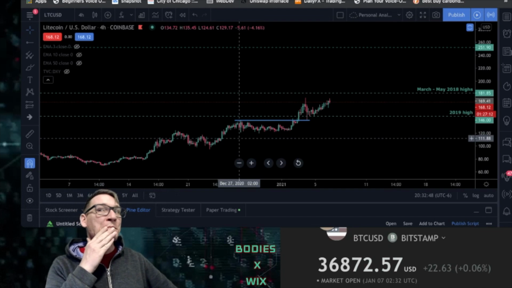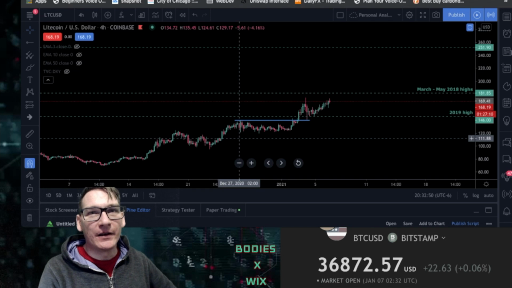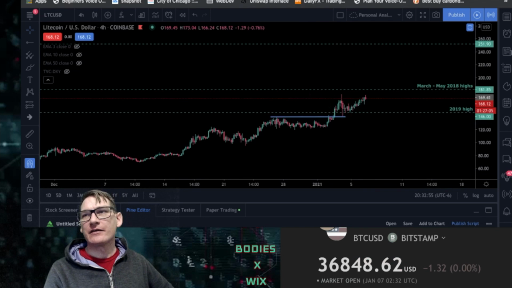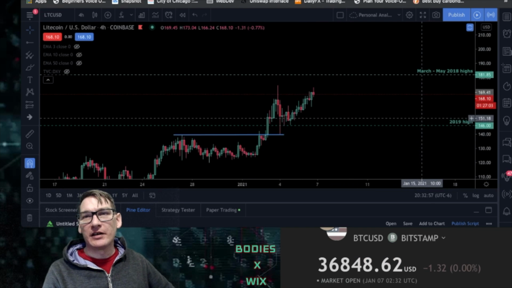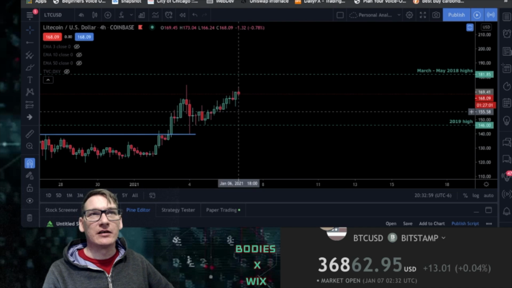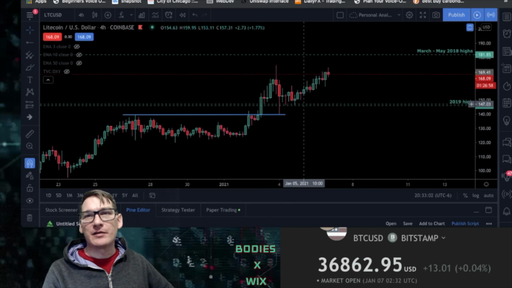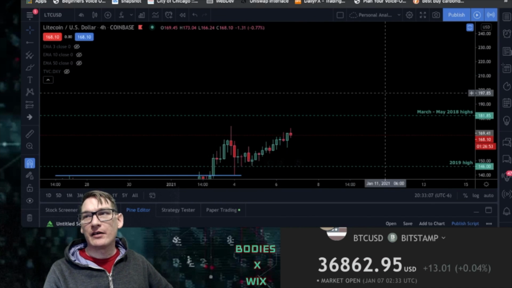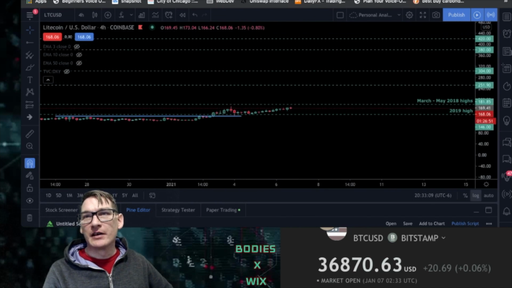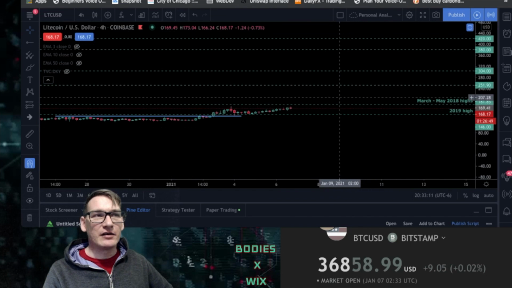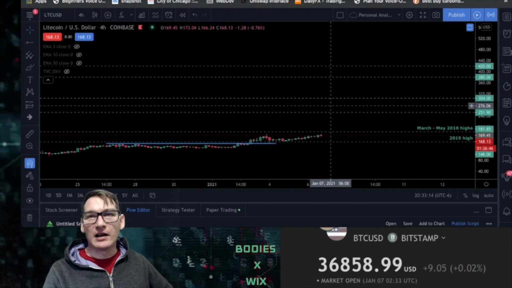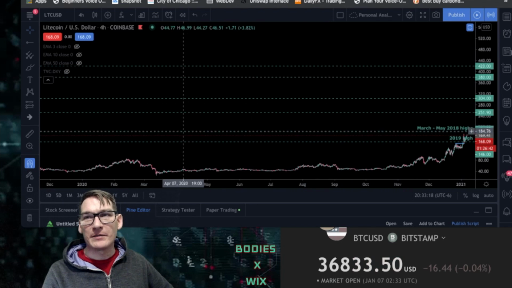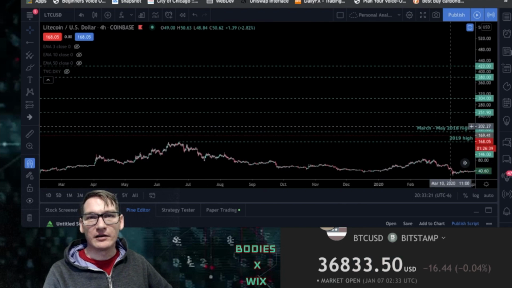But instead, let's look elsewhere to where we can possibly get some good gains, right? So I'm looking at Litecoin here, and we had just surpassed the 2019 high. And I was looking at the 2018 levels, right? And see these different lines I drew here? These are different lines of liquidity. And what do I mean by liquidity? If you haven't been watching my videos, these are lines to where